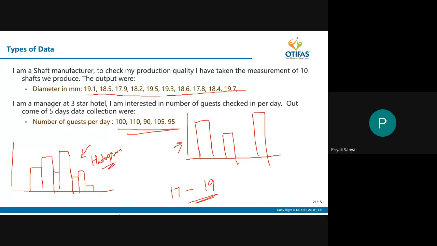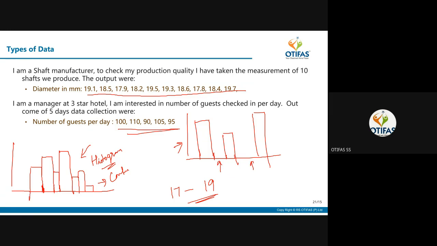A bar graph represents absolute values or discrete values. A histogram can be used for representing sets. Very good. So this is used for continuous data, isn't it? Continuous data. And most importantly, there is not going to be a gap between the bars in a histogram. Here in the bar graph, there are gaps.